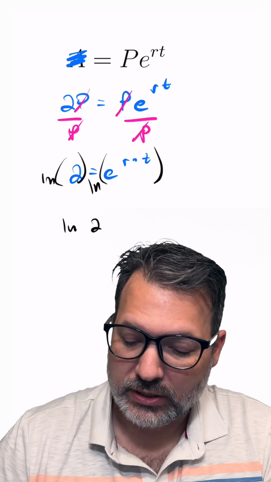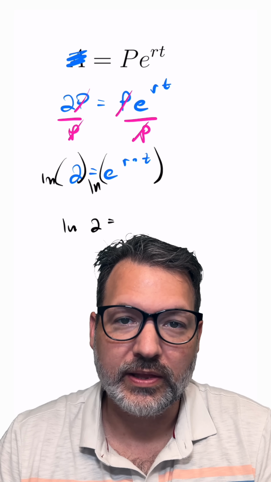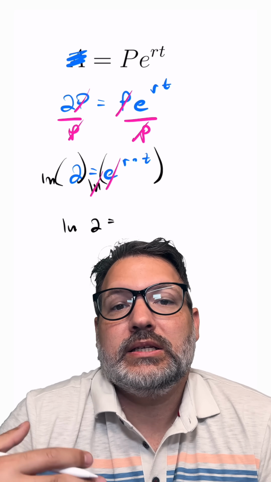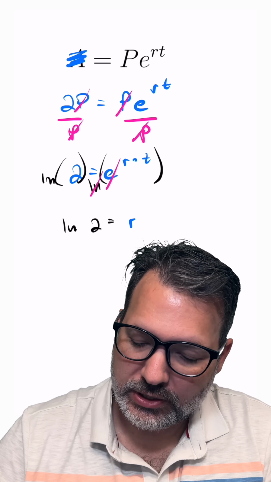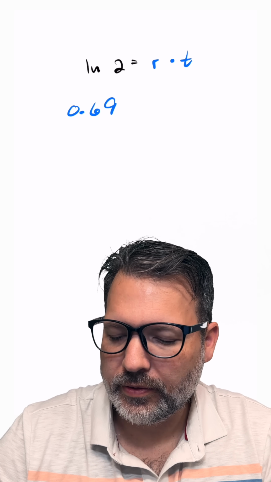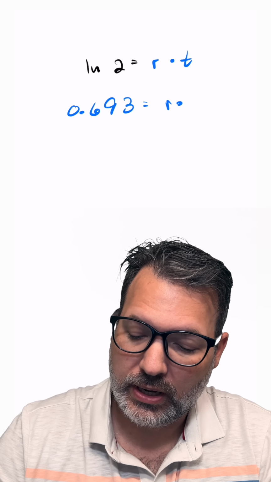On the left, of course, it's just going to be the natural logarithm of 2. We'll have a calculator tell us what that is in a moment. But on the other side, quite beautifully, the natural logarithm and the e to something cancel each other out. And so it leaves us simply with rate times time. Now, if you go to a calculator, the natural logarithm of 2 is roughly 0.693,